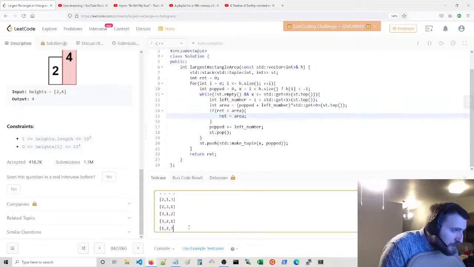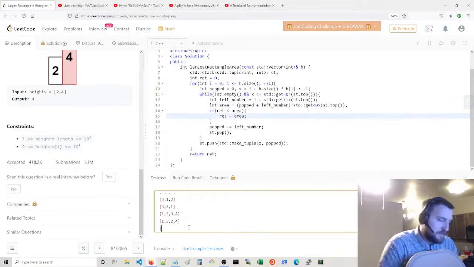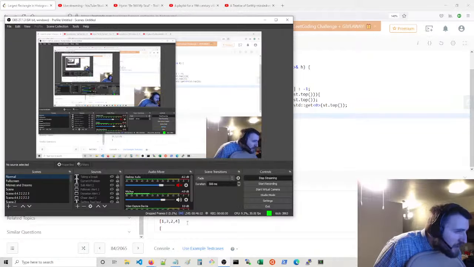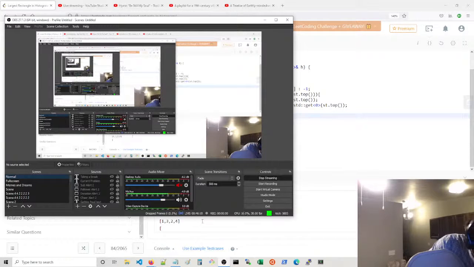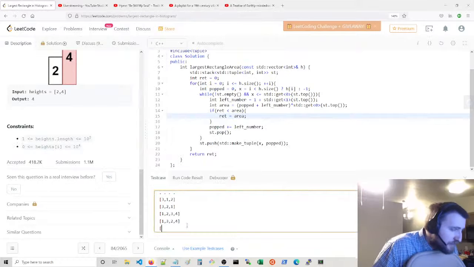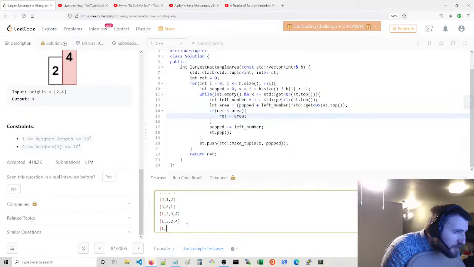There's 1, 2, 3, 4, 1, 3, 2, 4, 1. This is 4 factorial. There's 24 of these. This is going to take me a little bit of time to write, but I think that's okay. What do we have? I think we're done, but we can just keep testing. So 1, 2, 3, 4, 1, 2, 1. Actually 1, 2, 4, 3. I kind of missed that. 1, 3, 4, 2,